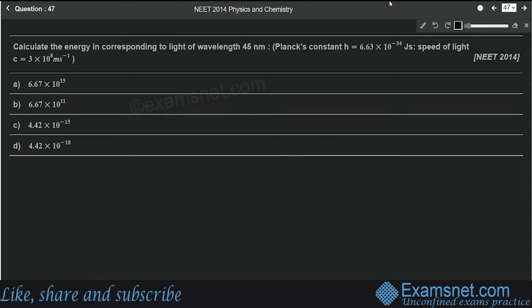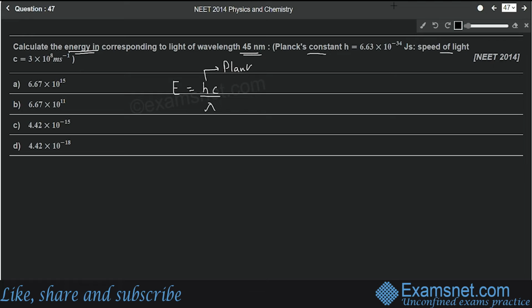Question number 47 is again from the chapter Structure of Atom, and the question is: calculate the energy corresponding to light of wavelength 45 nanometer. Planck's constant is given and speed of light is given. So it's very simple. We know the formula energy equals hc by lambda,